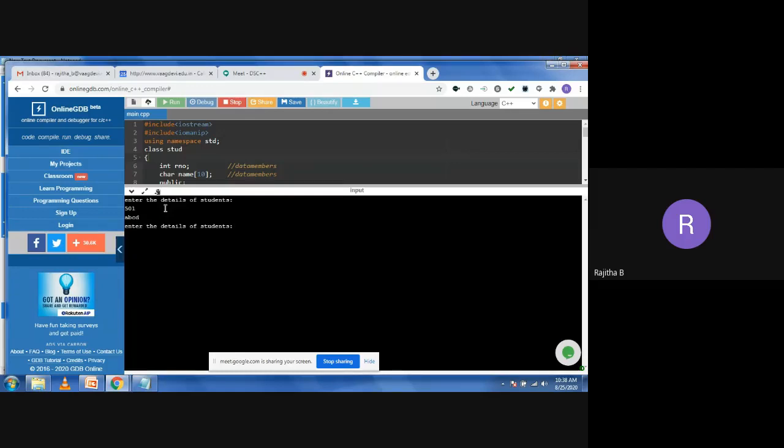Next, again it is asking to enter the details of student. Why? Because we included this statement in the for loop. So now I'm taking the second student details: 502 and some name XYZ. Then again it is asking, because we have to give 5 student details as input.